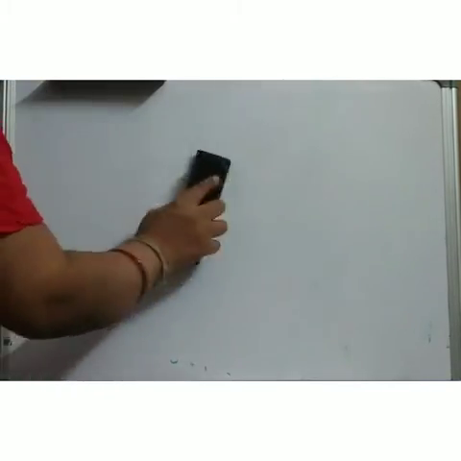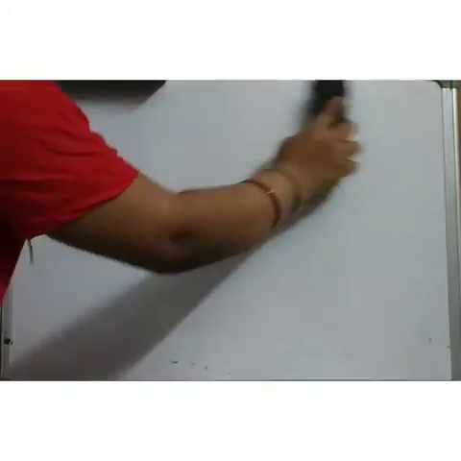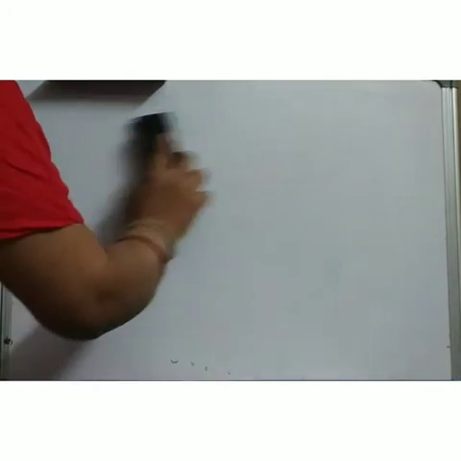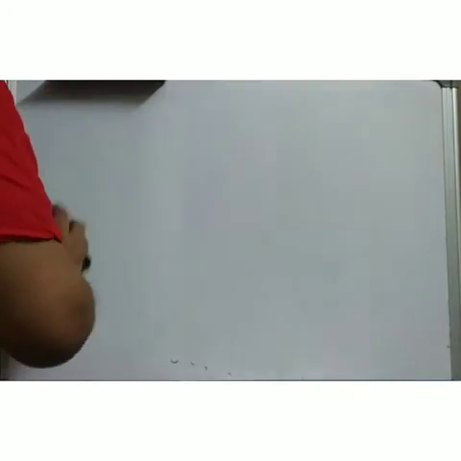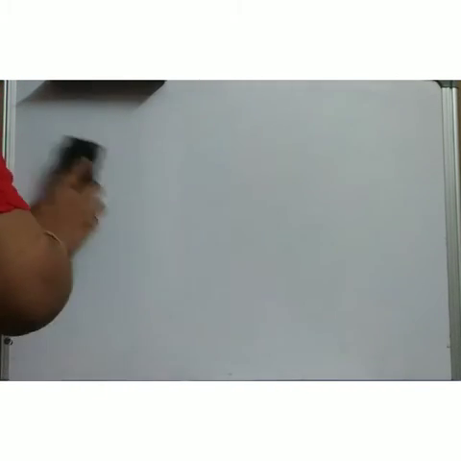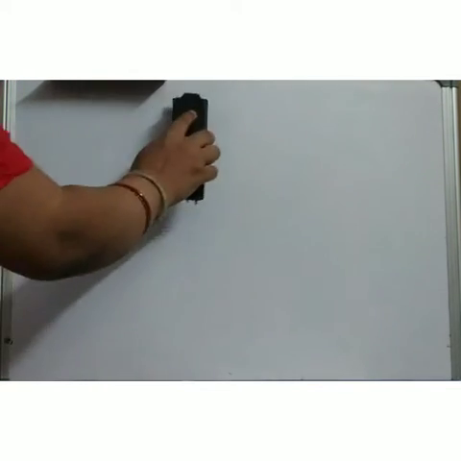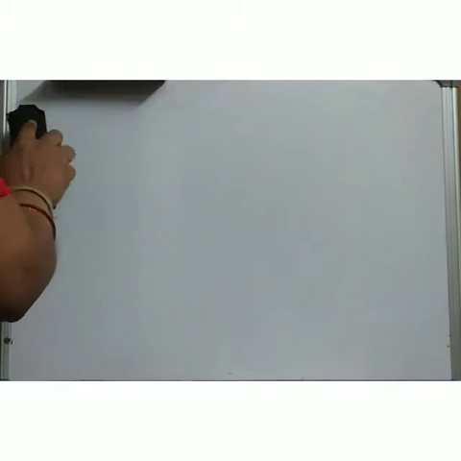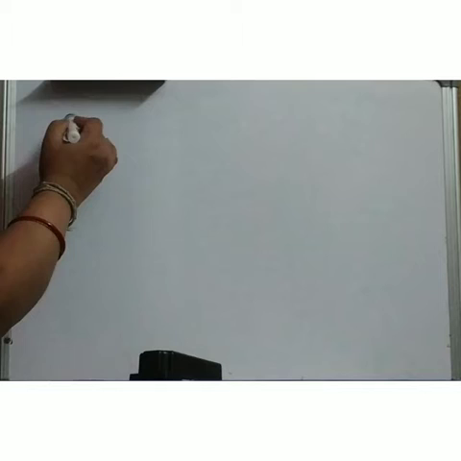Next problem, you have to draw a circuit diagram. In boards you are getting such questions to draw circuit diagrams, and as per the circuit diagram you also have to draw VI characteristics as per Ohm's law. All these questions are coming in boards. Now the next question, that is question number 5.